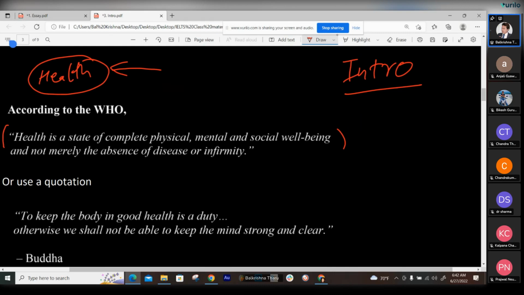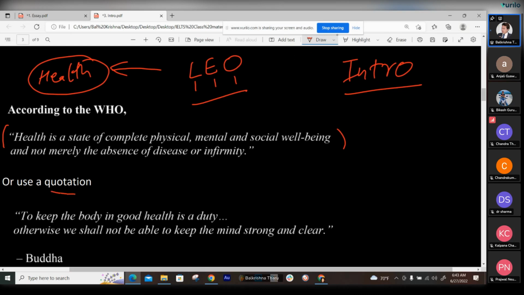You don't need to quote any organization or a person, because you may write the definition from your L, E, O, learning, experience, and observation as well. So here, for example, I have written the definition given by WHO,